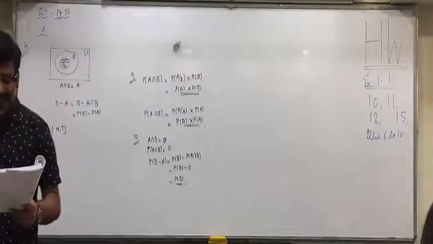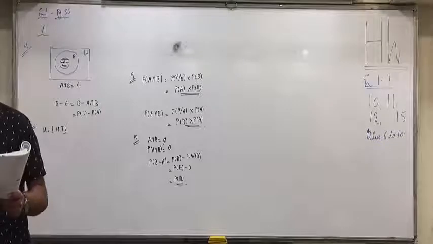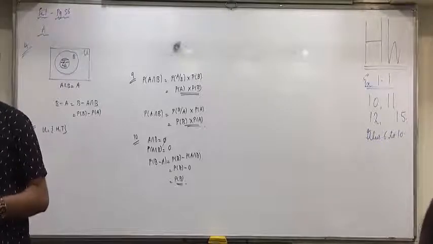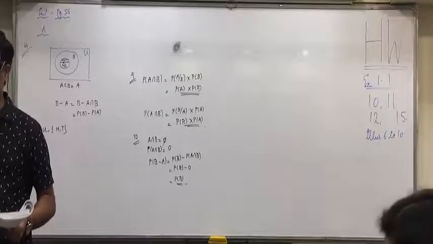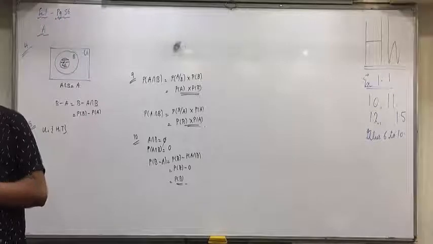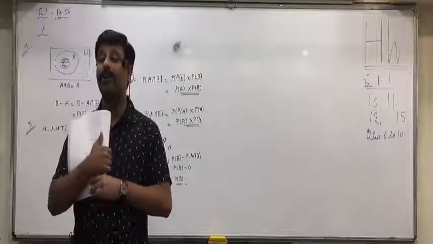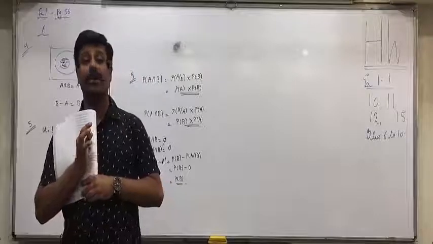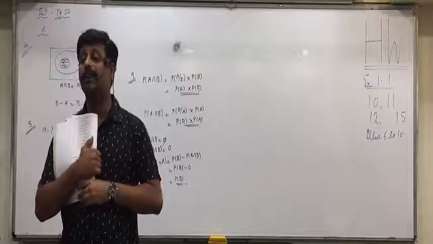If one number is randomly selected between 1 and 20, what is the probability that the number is a multiple of 5? Now, don't answer in between. Raise your hand. What is the sample space? One number is selected at random between 1 and 20. Raise your hand. What is the sample space? Valerie.